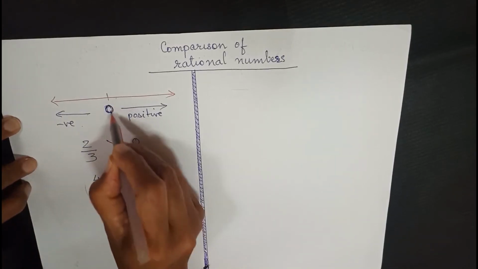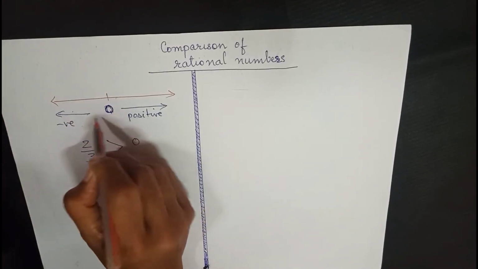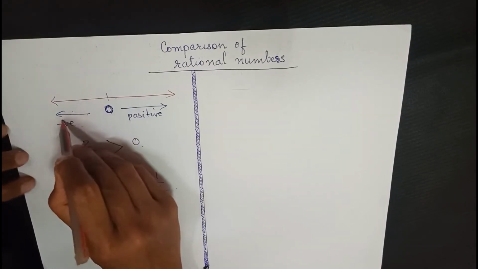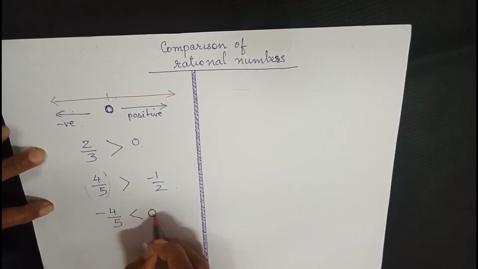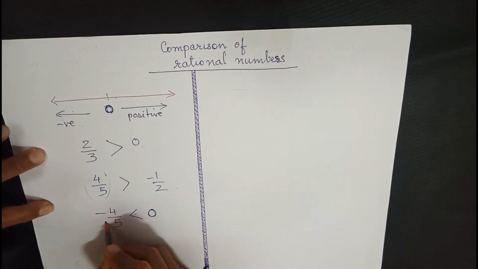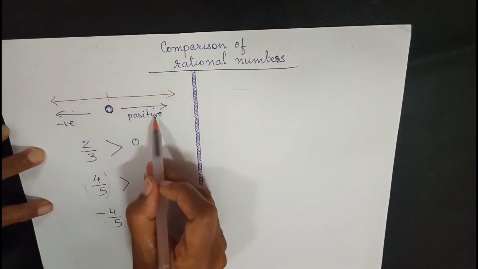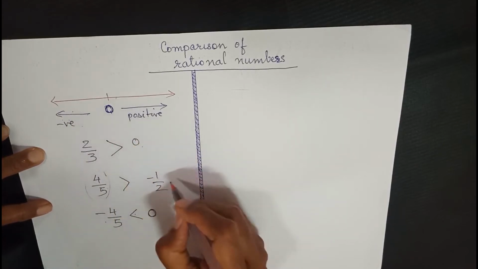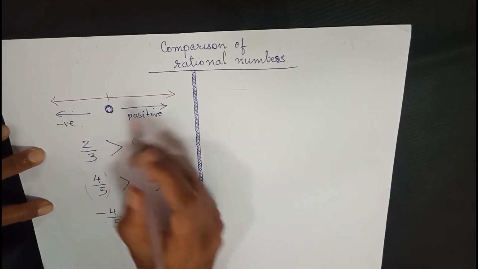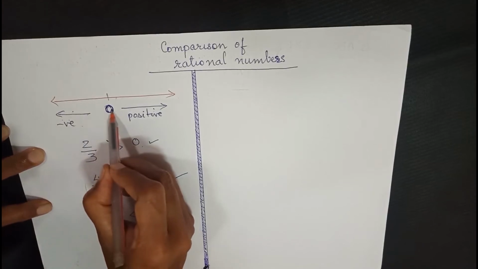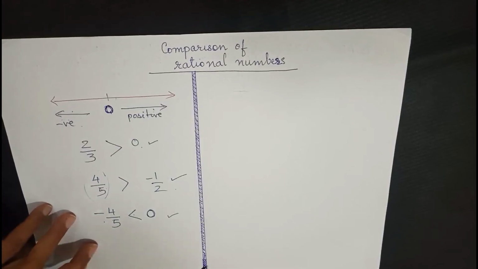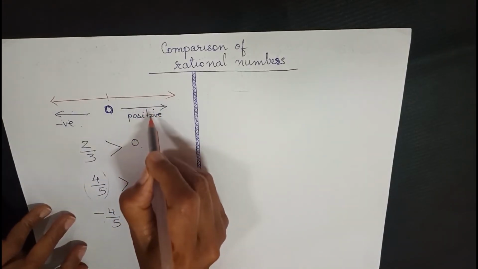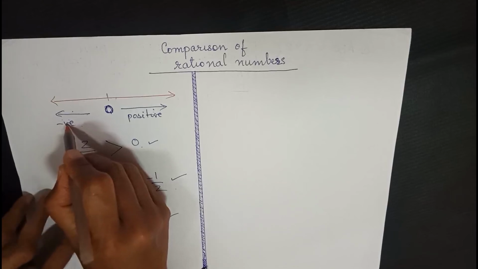And now you can see 0 is on the right hand side of a negative number. Negative numbers are nothing but numbers which are less than 0. So even if you have to compare a negative number and 0 without any calculations, you can directly tell that 0 will be greater than a negative number. So on a number line, if there is a comparison between positive and negative, positive will be greater. Positive and 0, positive will be greater. Negative and 0, 0 will be greater. So where do we need to do calculations is when you have a comparison between either two positive numbers or two negative numbers.